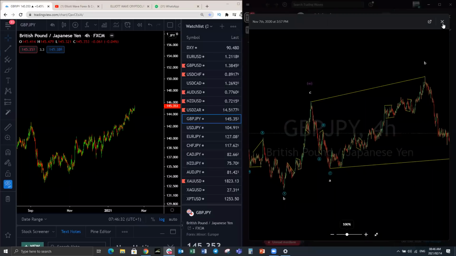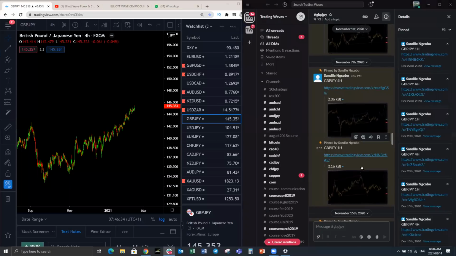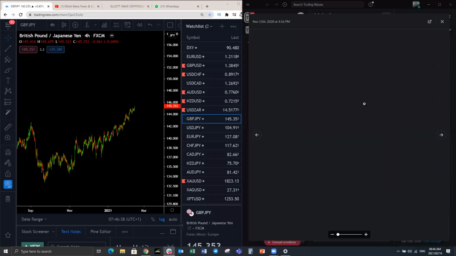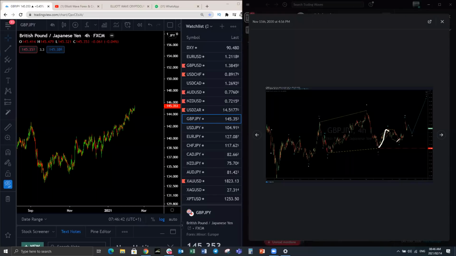So last week I also showed the latest chart on pound yen. So you can see here, this is the update after the three-wave structure. So we've made the three-wave structure. What do we update here for members? Expect a correction. Again here, let me just show.